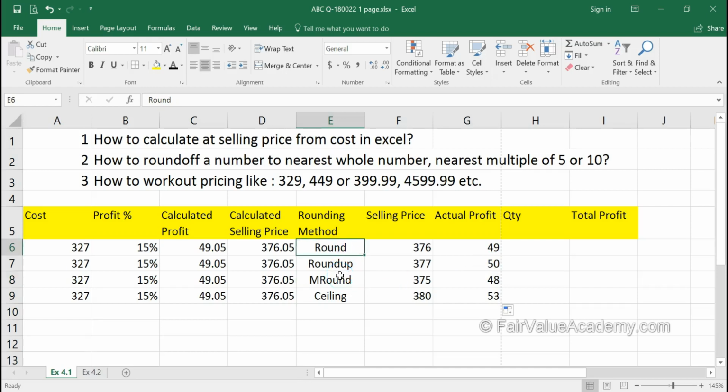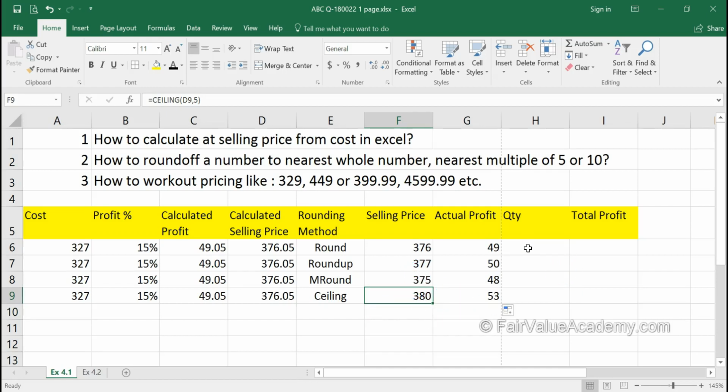and the M round method or the round method gives you the lowest possible profit. I would suggest using the ceiling method for one reason: your selling price is always going to be a good rounded number, either 375, 445, 450 instead of an odd number like 377 and so on. It's up to you what you decide, but these are the 4 methods available to you.